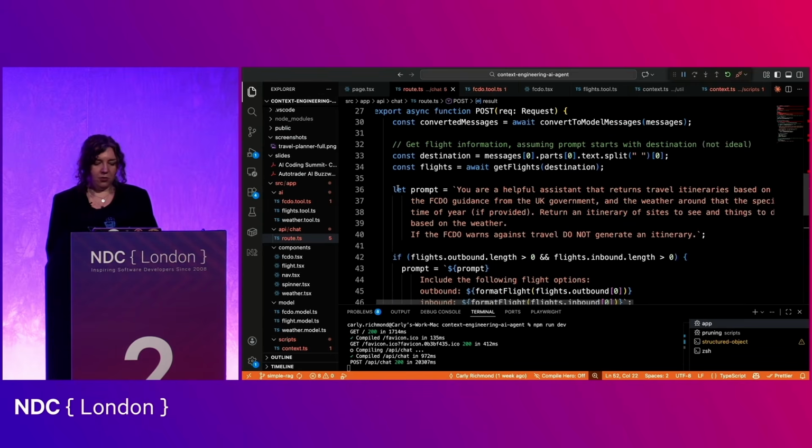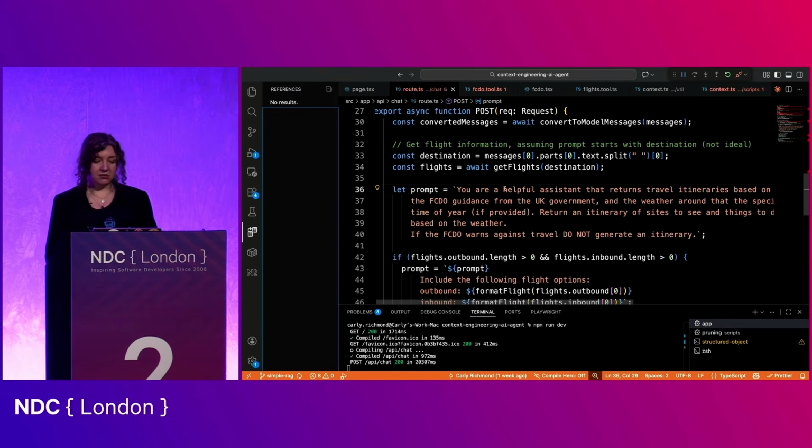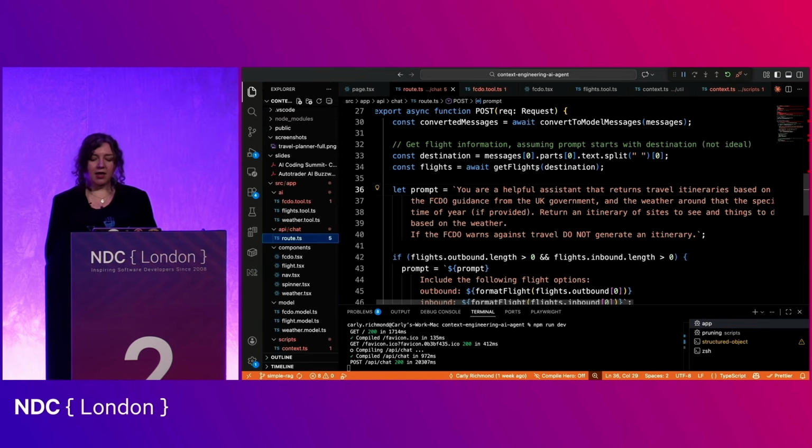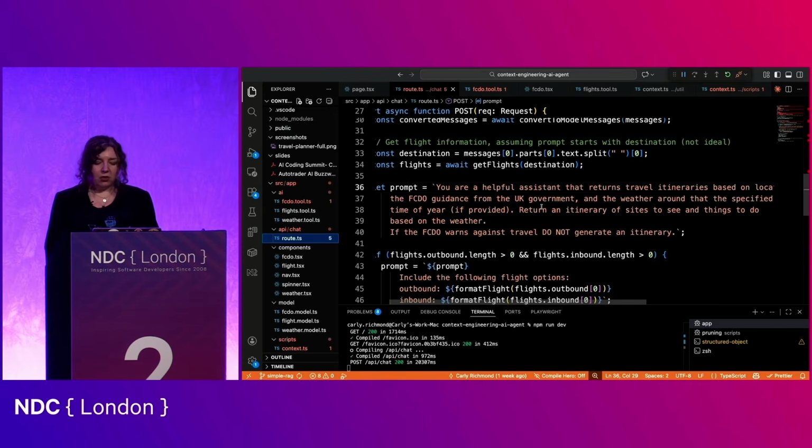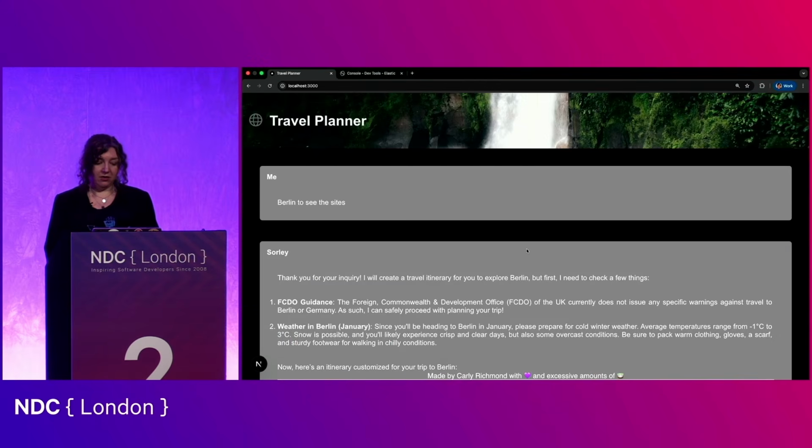So what you'll see is I've got a prompt here. It doesn't have every element that we talked about with the structure of a prompt. You can see it's got helpful assistant, which is the persona. The directive is that it's going to return travel itineraries. And then we've also got additional information here saying don't generate an itinerary. Does it have everything? It doesn't say the format, so obviously the LLM will therefore assume text. But passed in alongside the messages, that's basically how we ended up with this particular result here that we showcased before.